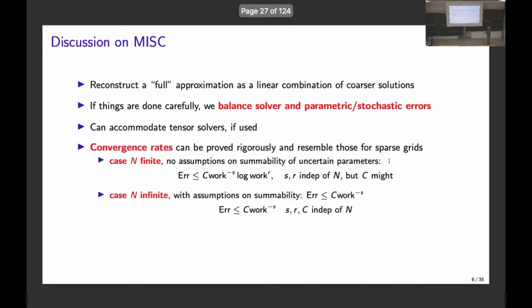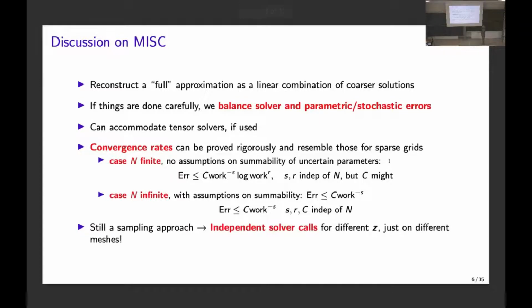They are sort of what you would expect. I'm not dwelling into this too much. But again, even if you're completely lost here, this is a multi-fidelity black box sampling scheme. This will prescribe me a list of combinations of the parameters, a list of meshes, and it will tell me solve this problem on this mesh, this problem on this mesh, this problem on this mesh, and then put everything together, and I get a response surface out of it.